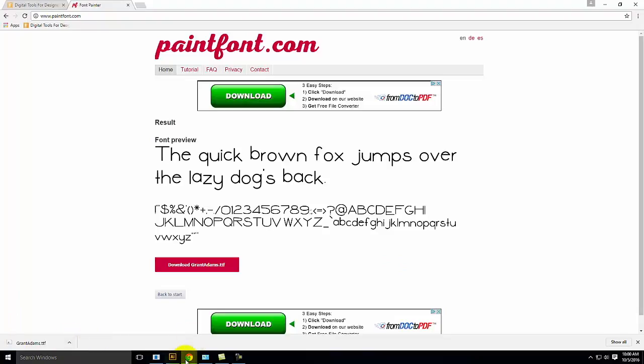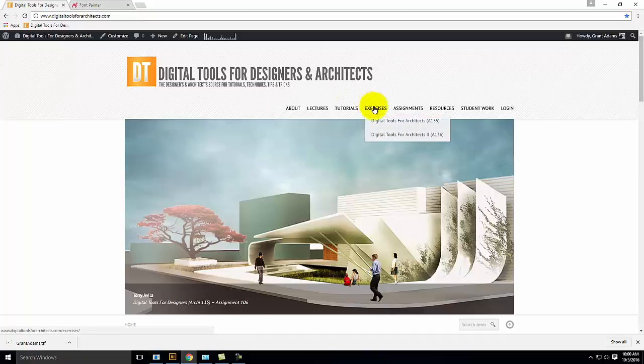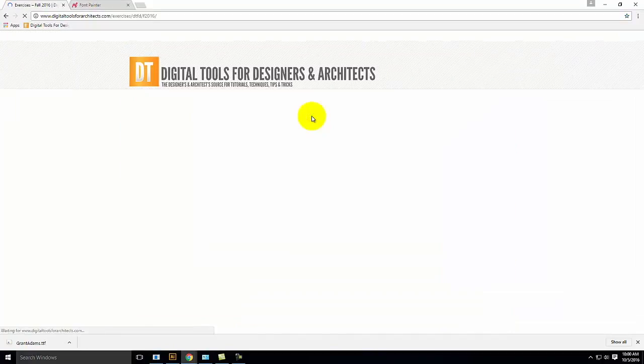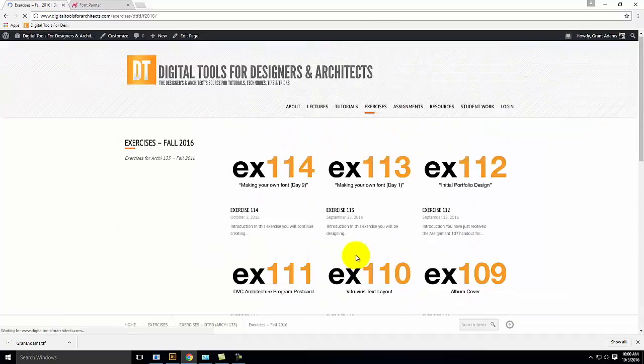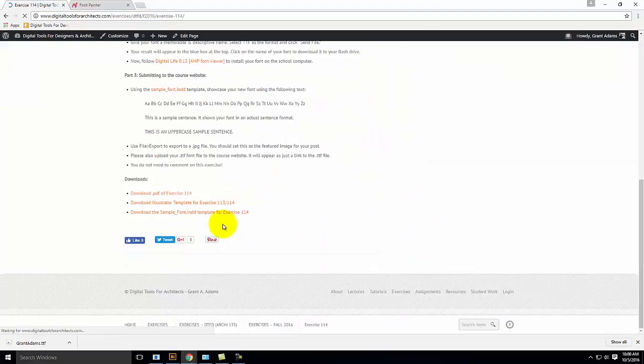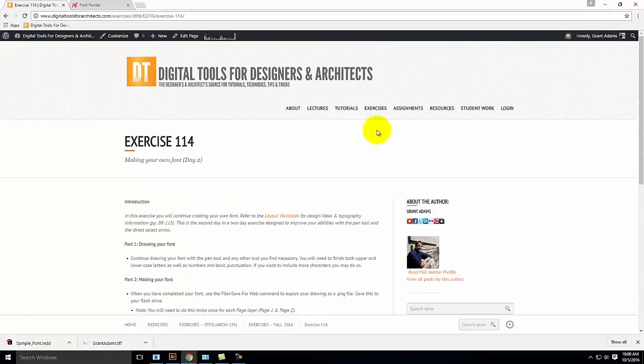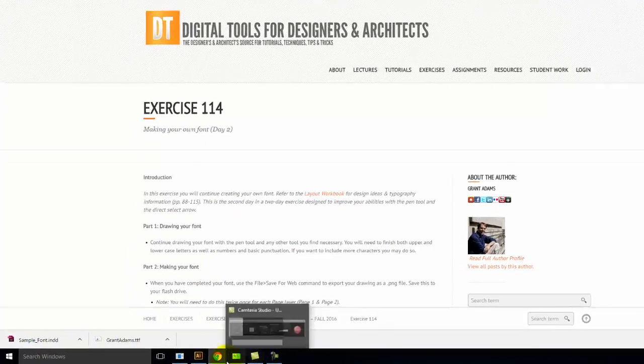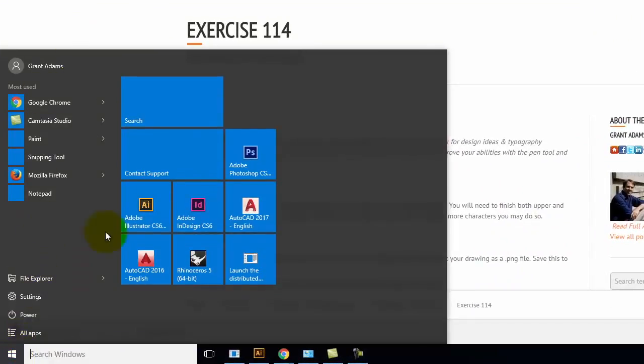Okay, so on the course website, under today's exercise, at the bottom, there's an InDesign file, sample font INDD for exercise 114. I'm going to use this InDesign file. But before I can use it, I have to install my font. And so if you remember back a ways when we did the typography, I showed you how to use that AMP font viewer to temporarily install a font on your computer. I'm going to go ahead and open up that